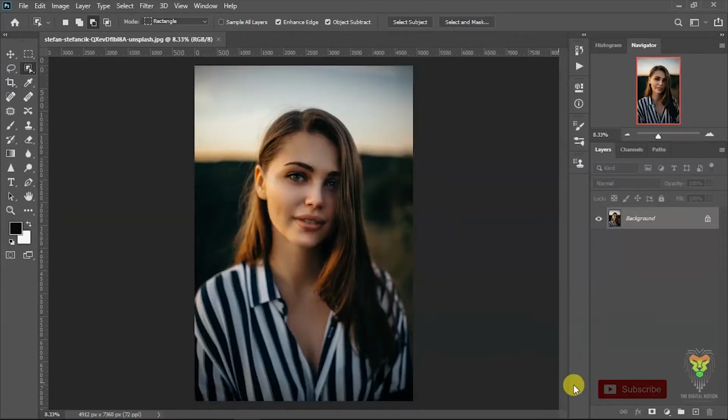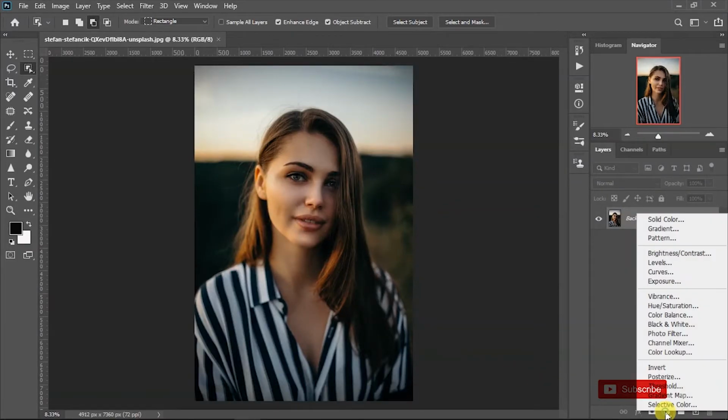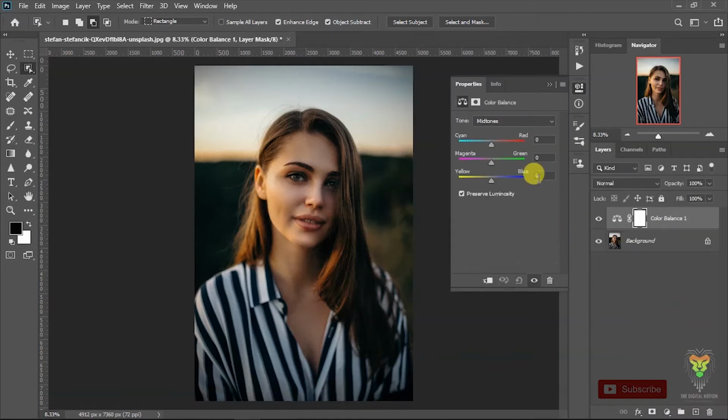At first, we start with the color balance adjustment layer and select it. Please keep in mind, color balance is used in Photoshop to change the values of RGB, also cyan, magenta and yellow, that constitute the overall composition of an image. And also keep in mind, while we tweak the values of the three sliders, preserve luminosity is always